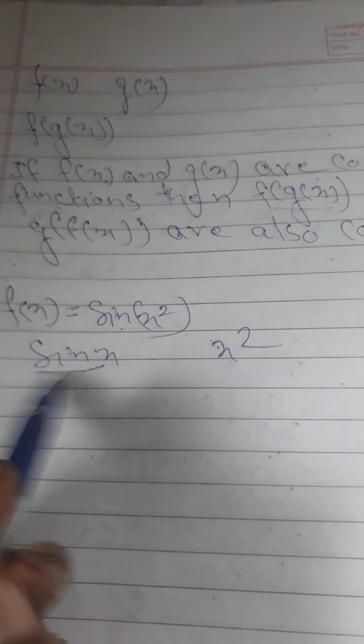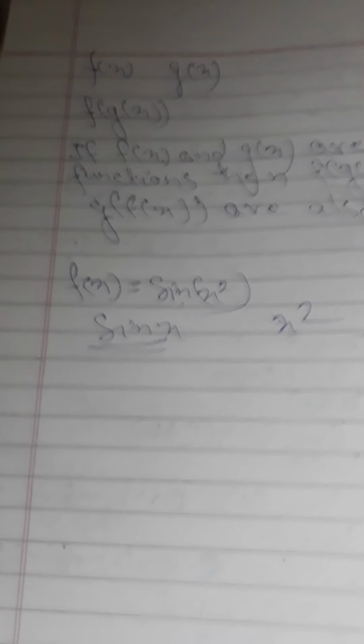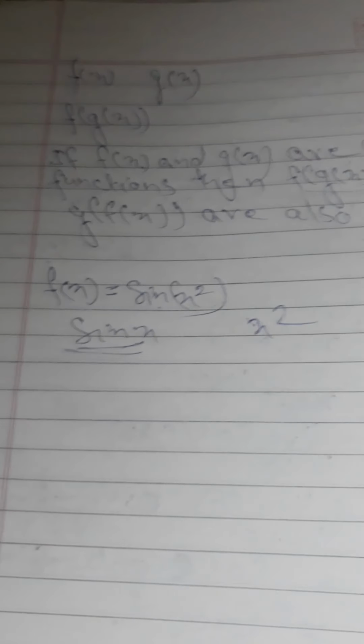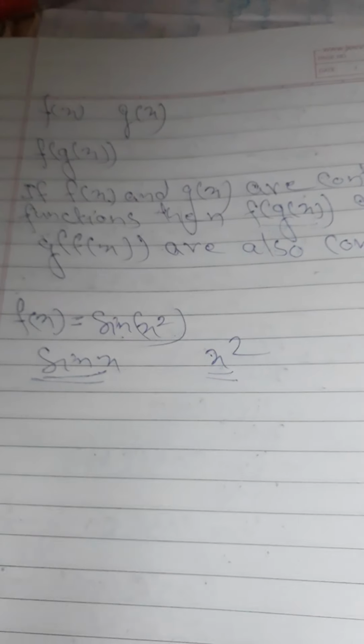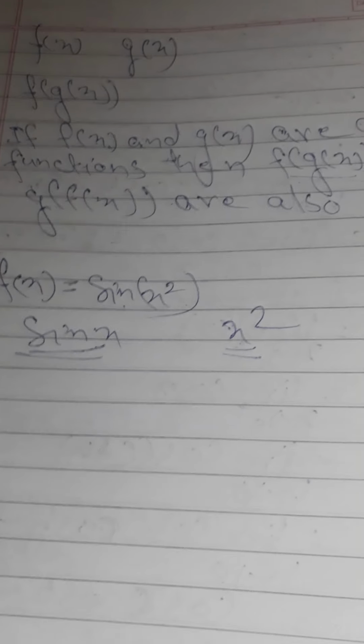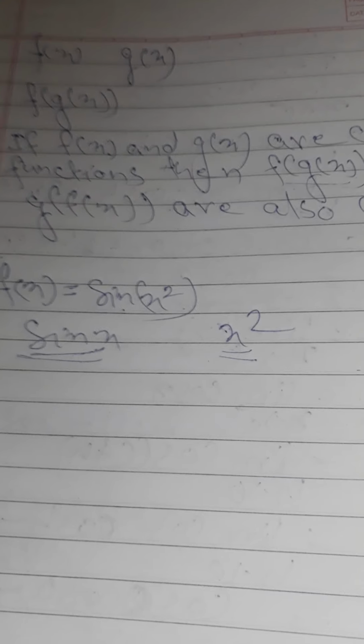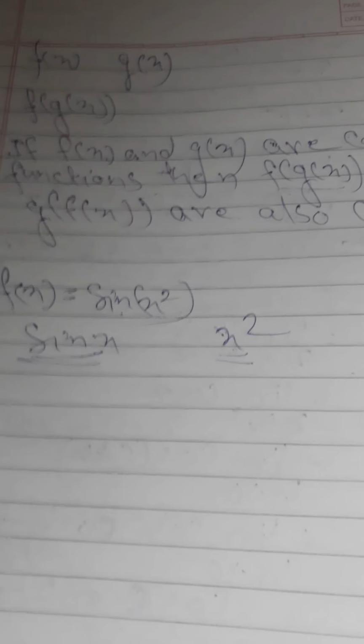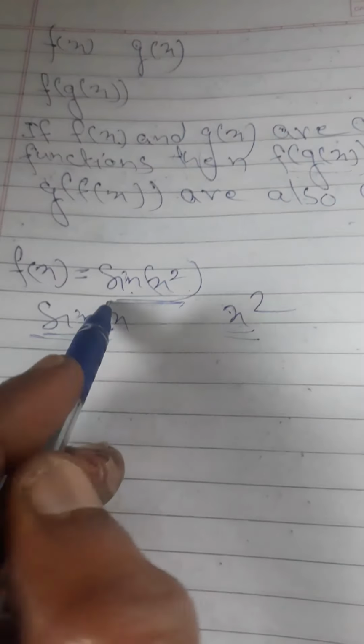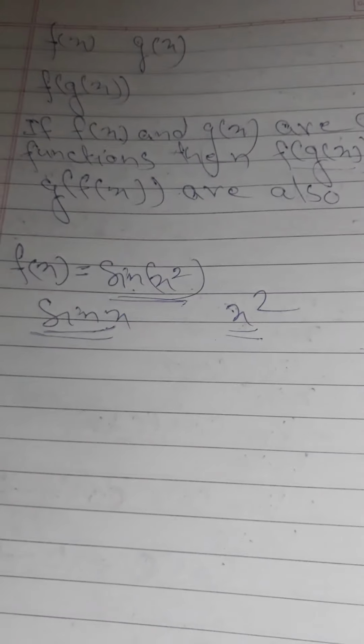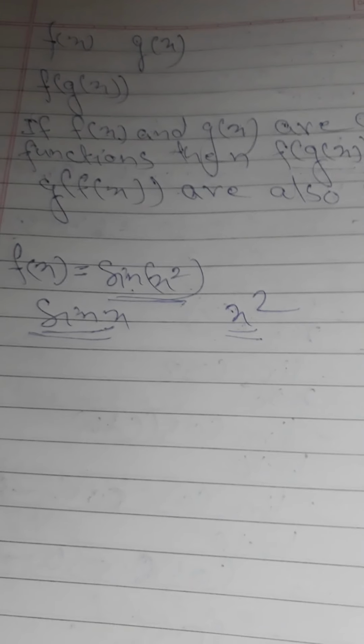Now you know that sine x is a continuous function for all the values of x. x square is a continuous function since it happens to be what? A polynomial function. So the composition of these two continuous functions, that is sine of x square, is a continuous